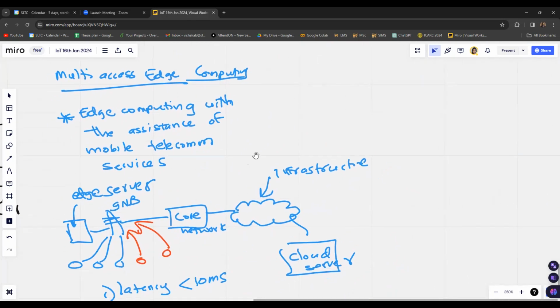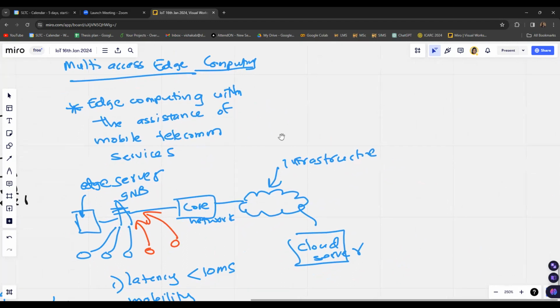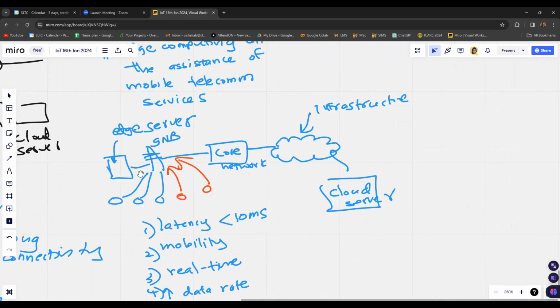With edge computing, another aspect comes in, which is multi-access edge computing. The difference from normal edge computing is that with multi-access edge computing, you are using the assistance of mobile telecommunication systems, such as cellular communications, where you use infrastructure like base stations as the connecting point of the IoT devices.